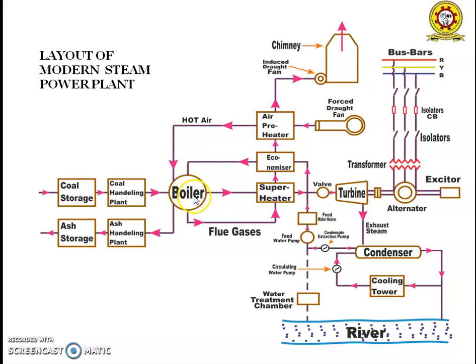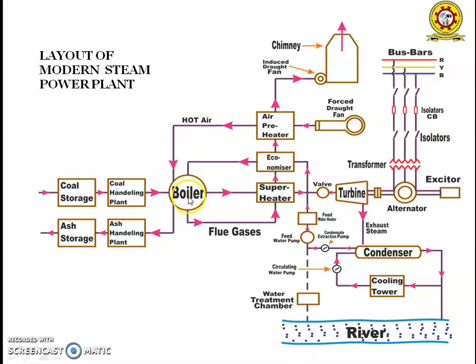When the water starts boiling, the boiling steam is converted into superheated steam, and the superheated steam is passed through the turbine by using a valve. From the turbine, the mechanical energy gets converted into electrical energy by using an alternator and an exhauster. And from the superheater, some of the gases pass through the economizer and the air preheater, and the cycle gets repeated.